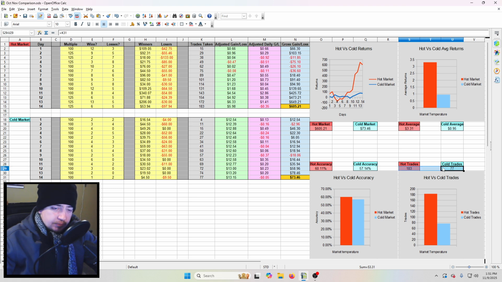So when you consider that I'm taking way less trades, I'm making way less money because I'm taking money off the table sooner, the fact that these accuracies are very close should actually be a red flag that the setups in the cold market are not as safe. All right, if I'm having to cut earlier and be more selective with my trades, yet my accuracy is actually slightly lower than a hot market, that really just shows that the conservative nature may actually be understated, and I may actually be still being too aggressive. But, I mean, overall, I'm still making decent profit. Now, this is before commissions, of course. This is gross returns. So the commissions do play a role here.